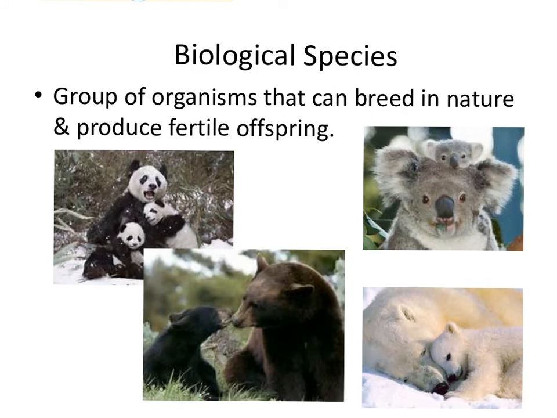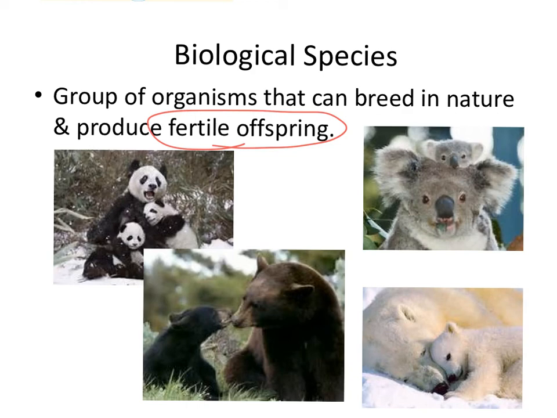Next, we go into the definition of a species. What is a species? You guys have heard that word many times, like we as a species are Homo sapiens. So the definition of a species is a group of organisms that can breed in nature, meaning they would normally find each other in nature, and they can produce fertile offspring. This fertile offspring is a huge component of the definition, which we'll dive more into in just a moment. But that means that their babies can have babies.